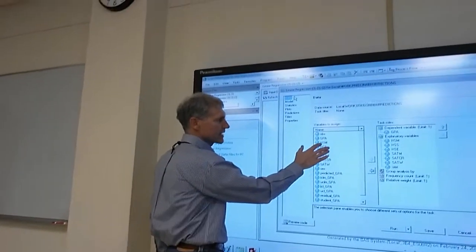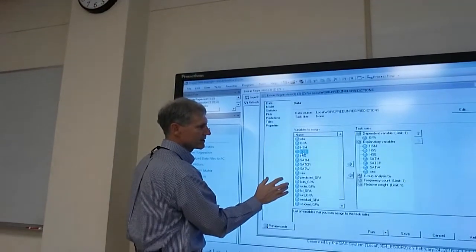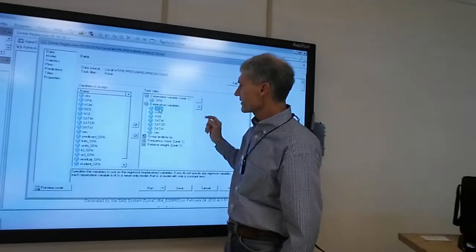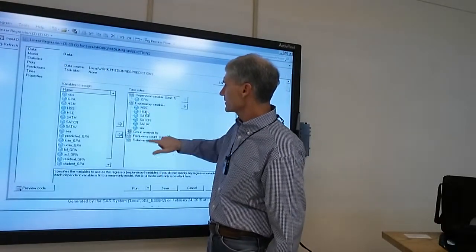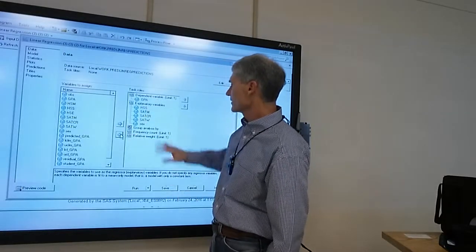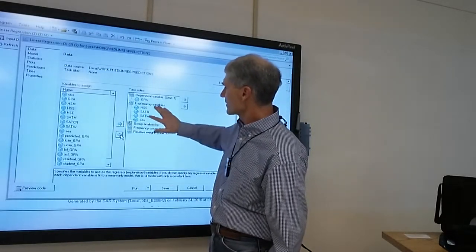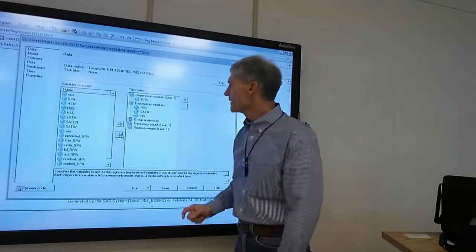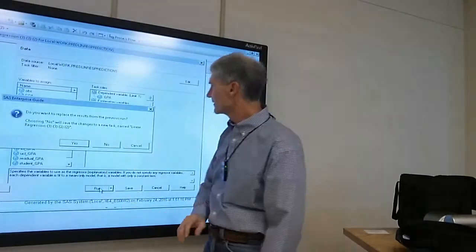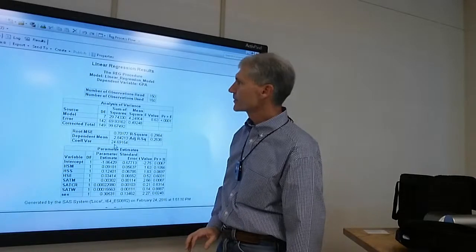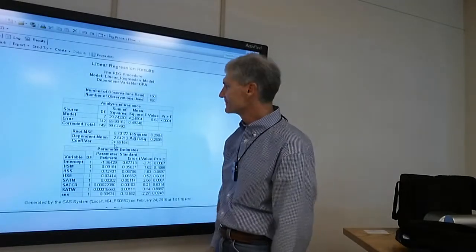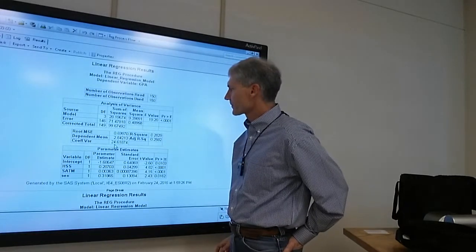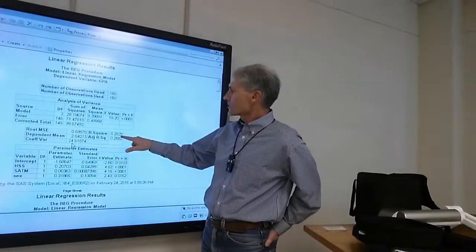But let's take the high school science grade. Oh, I want to go the other way. I got everything in here, so let's start removing stuff. High school math, take it out. High school English, take it out. And then SAT critical reading and writing, take those out. And leave 3 variables in the model, right? And run. Pretty soon I'm going to fill up the buffer, but we'll see. Really high R-squared stuff, relatively. Okay, so the R squared is now